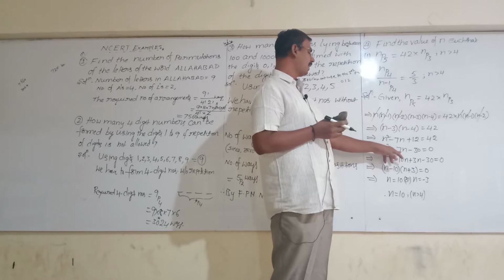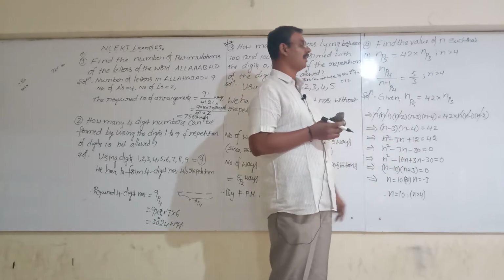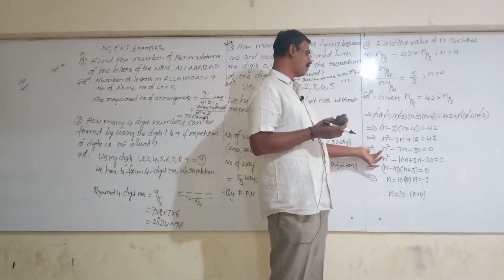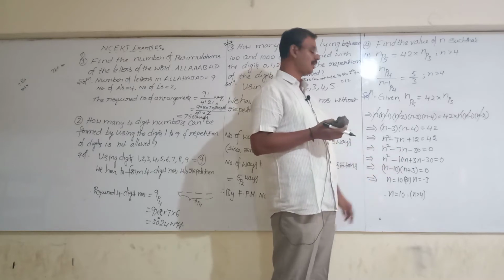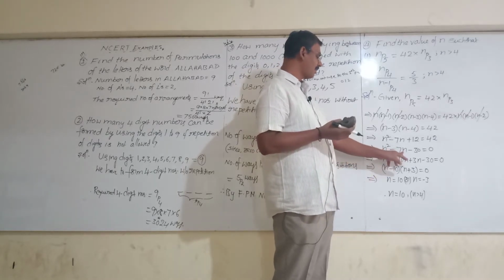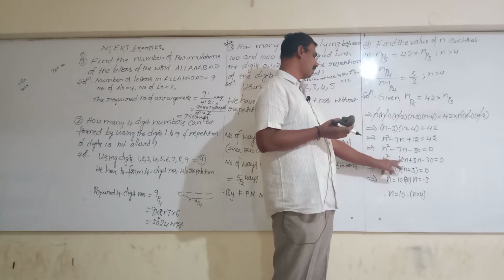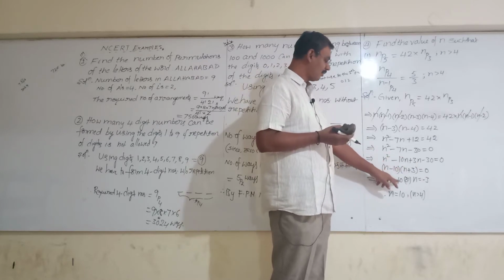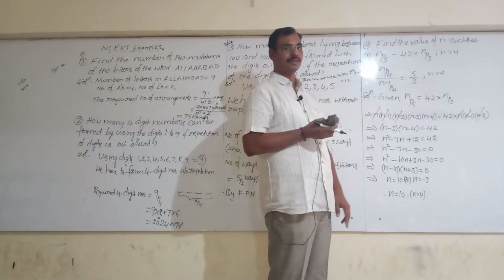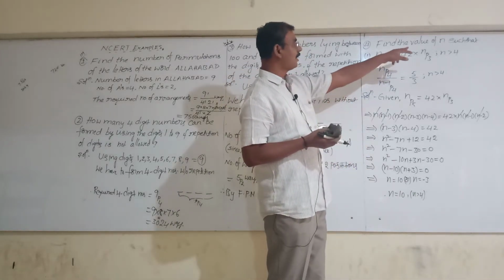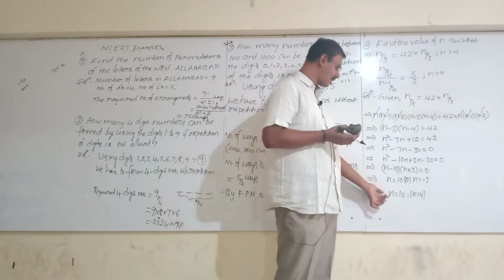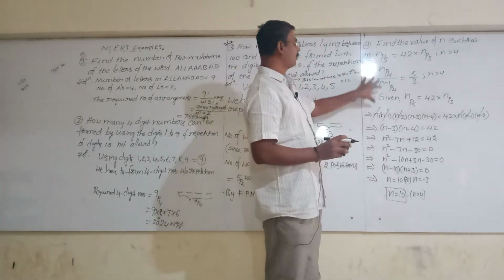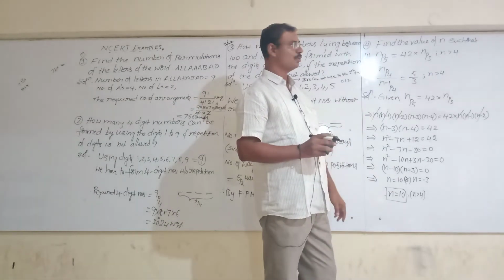Multiply, n square minus 7n, simplify minus 30 equal to 0. It is called a quadratic equation. Using the quadratic formula or else the factorization method, simplify. Here for the factor minus 7n, I would write minus 10n plus 3n. Now by factorization, n is equal to 10 or n is minus 3. But the condition given is that n should be more than 4. So what is the right answer? n is equal to 10 is the final answer. This kind of problem is very important for 2 marks.